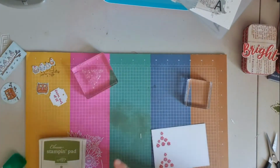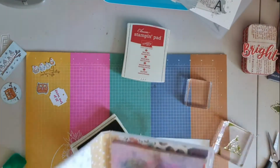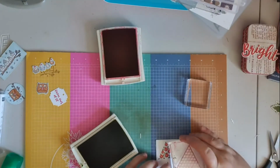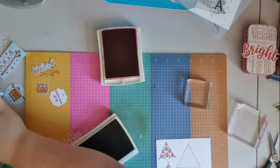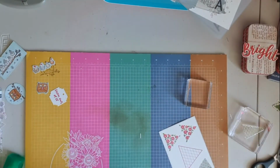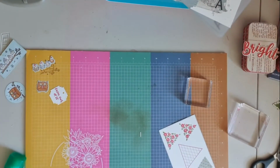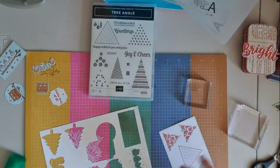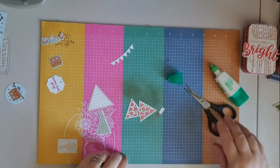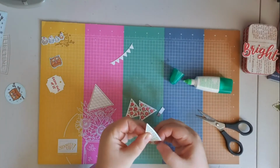Oh, so this is the new stamp set. This goes with the new dies from the annual catalogue, the stitched triangle dies. And this stamp set, let me just find out for you what it was called, is the Tree Angle stamp set. And you've got various different trees or shapes in there, which you can cut out. There you go. So these will all be cut out by the stitched dies, which I've done. And then also get that little banner at the top there, that comes from the stitched triangular dies